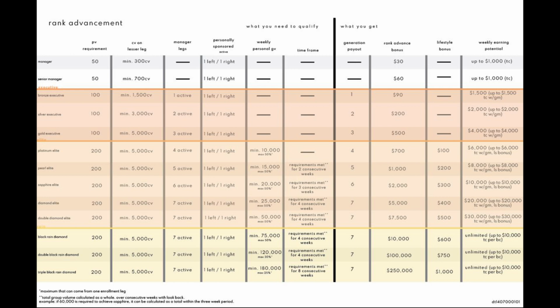Now, to hit the next rank, Pearl Elite, you must have a minimum of 15,000 CV and 5 active manager legs. These 15,000 points, however, must be kept for not only 1 week, but at least 2 weeks in a row. So, either you have 15,000 and 15,000 points for 2 consecutive weeks, or the sum of the 2 weeks must equal at least 30,000 CV. Once you achieve this, you'll receive a generation bonus from 5 generations deep, a $1,000 rank advancement bonus, and a